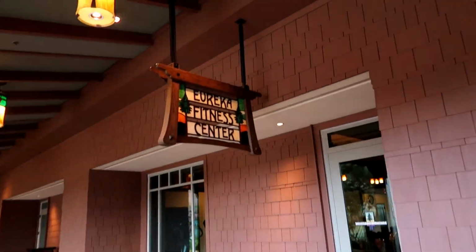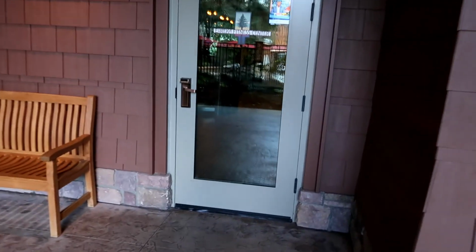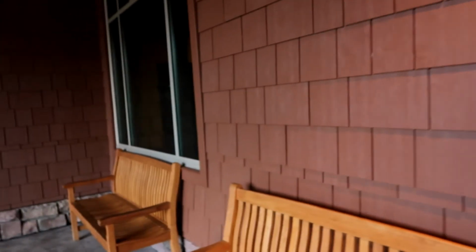So here is the Eureka Fitness Center. And you need a key for this. And in Disney World, most of them are 24 hours. So I'm guessing this one's probably 24 hours. It doesn't have a sign on it saying. So anyway, what I was saying before is